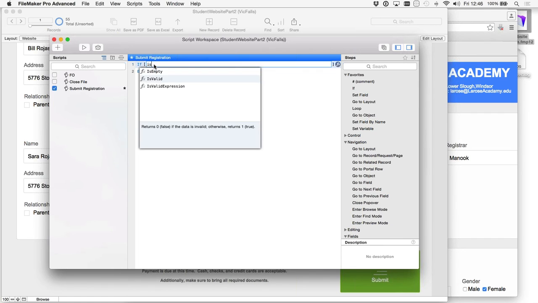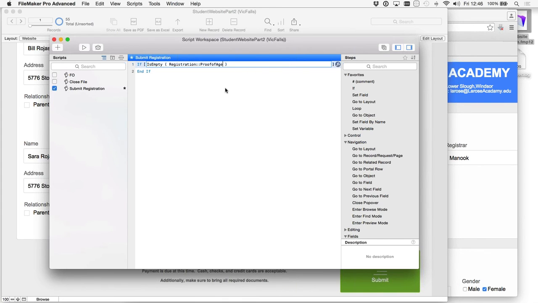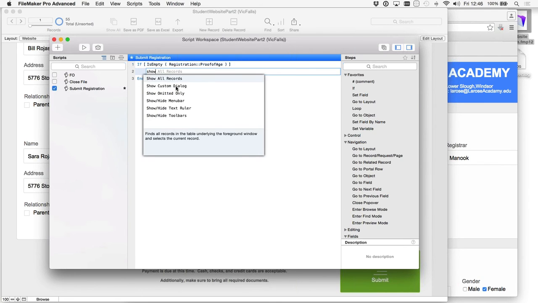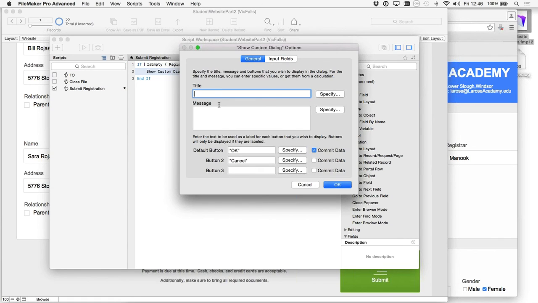So what do we want to do? Well, we want to check that a field is not empty, right? So let's say the registration proof of age. Let's pick on that one. So if the proof of age is empty, let's do something. Well, what can we do? Well, we could show a dialog box, right? We could highlight it to the user. So let's maybe show the dialog box that just says,